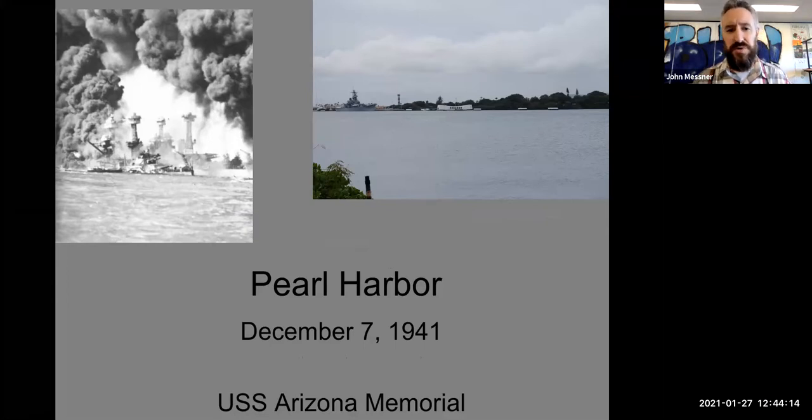Okay, and so here we see pictures. This is the day of December 7th, 1941. There are battleships, and I'll show you a map so you understand where Pearl Harbor is. And then this is the same spot that you see burning in 1941. Here it is today. These pictures come from a colleague of mine, but I've also been to Pearl Harbor and taken very similar pictures.